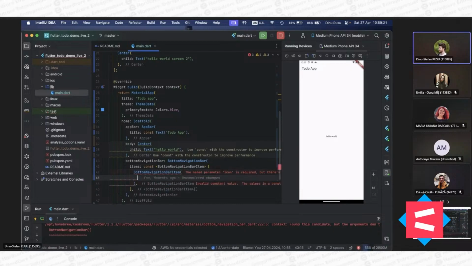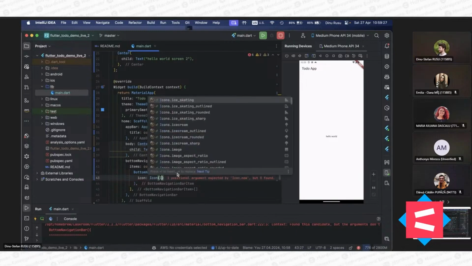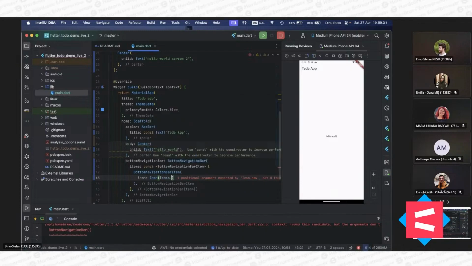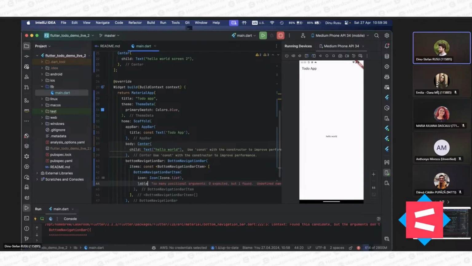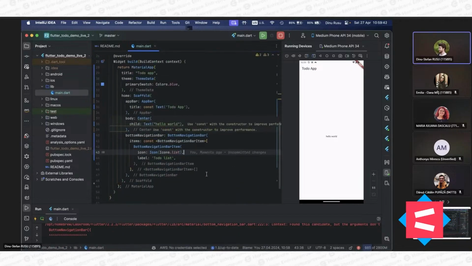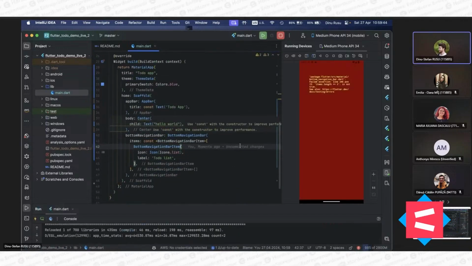So basically the stuff that is rendered below. So in this case, let's do, okay, and for the label, let's do the to-do list text. If I save it,